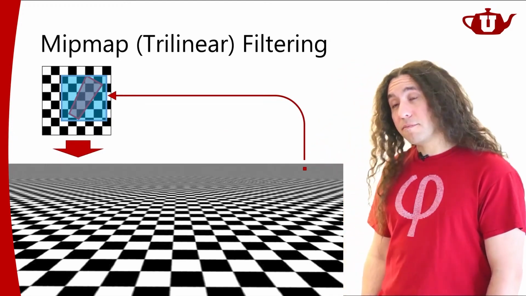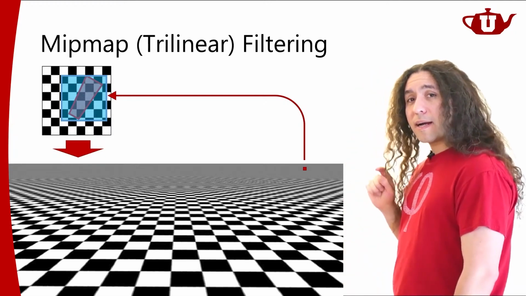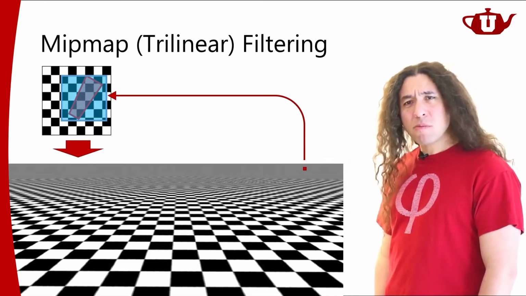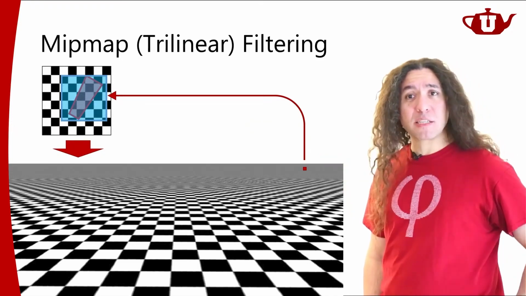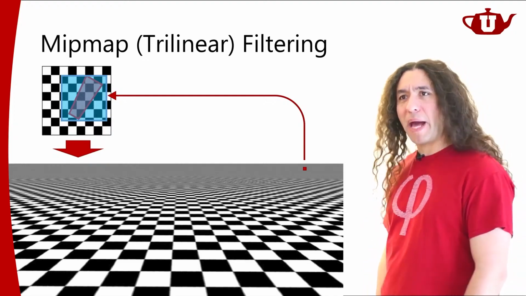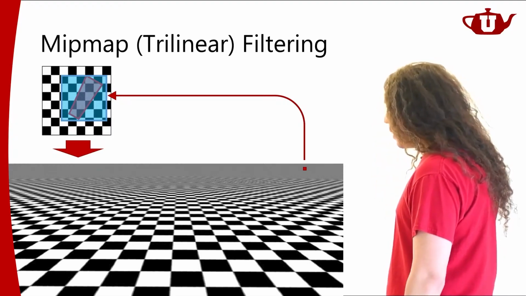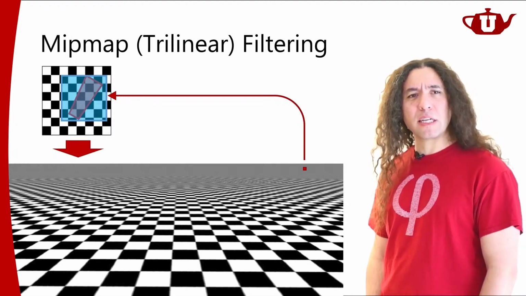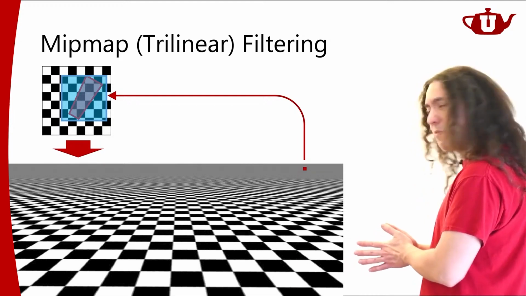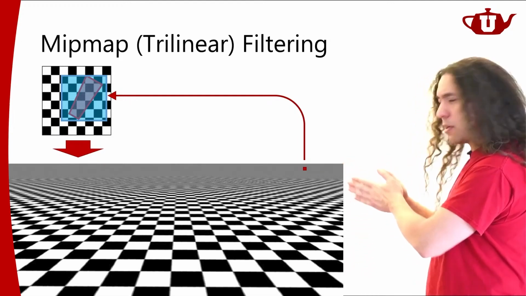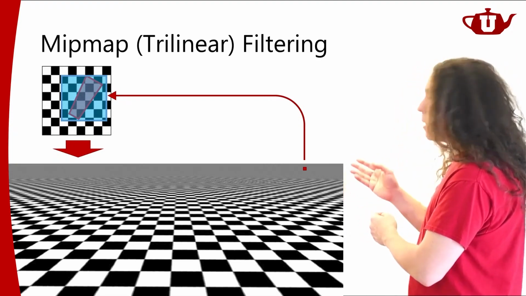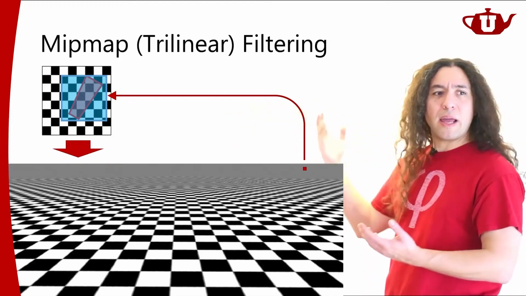But something happened here. If you're paying close attention, I got rid of those strange patterns that were forming here, and I probably got rid of all the flickering. That was the biggest problem. But I created another problem that's not that bad, but still bad. I blurred the texture a little too much. When you look at a distance, over here it's fine. As you look away from the camera, as the surface is away from the camera, it starts to look blurry and blurrier, and at some point it just looks gray.